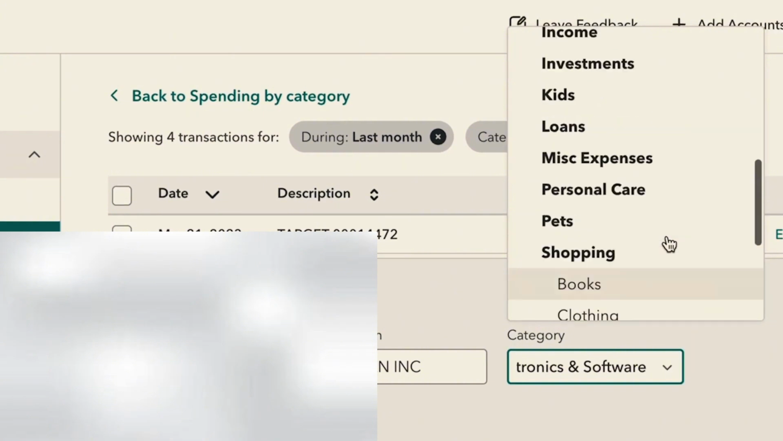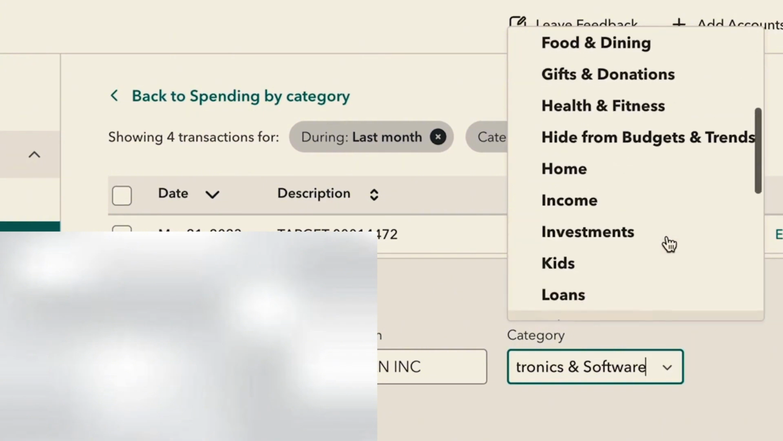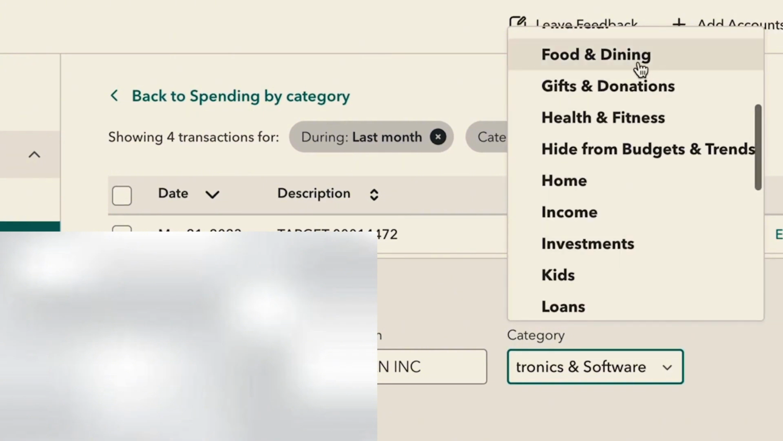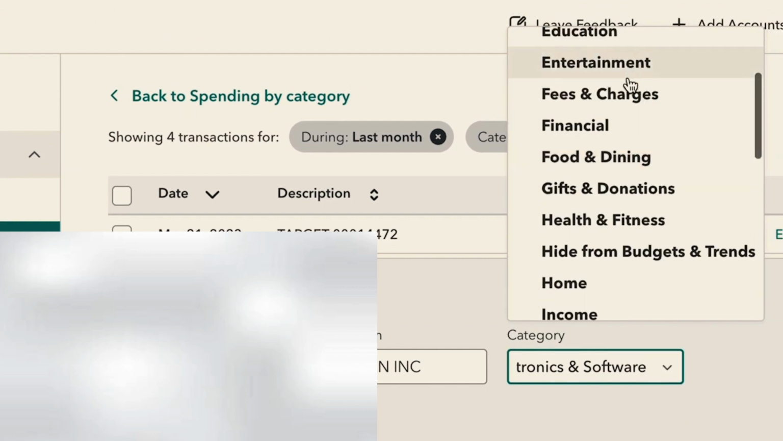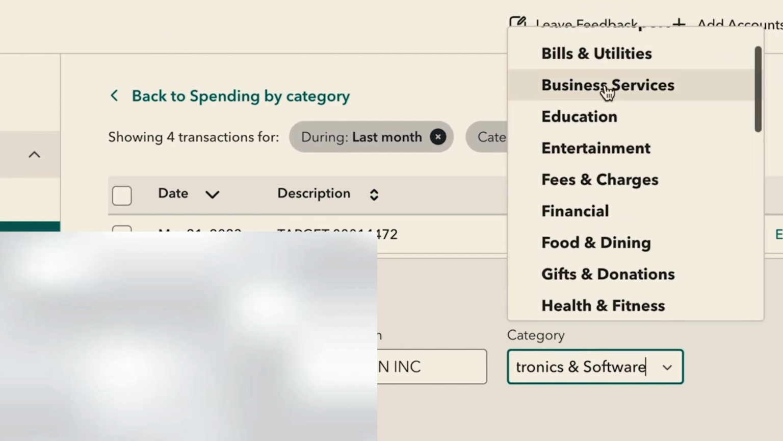If none of the existing categories are right, you can create a custom category by selecting Add a category at the bottom of the list. After choosing or creating your category, save the change. This will update the category for that specific transaction. Mint will remember this preference and try to assign the same category automatically to similar future transactions, which helps keep